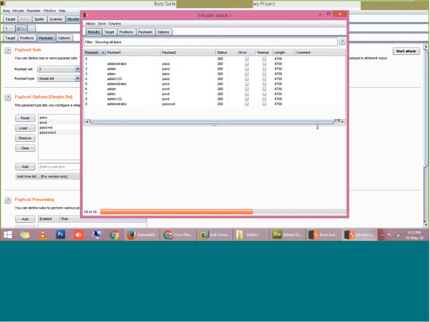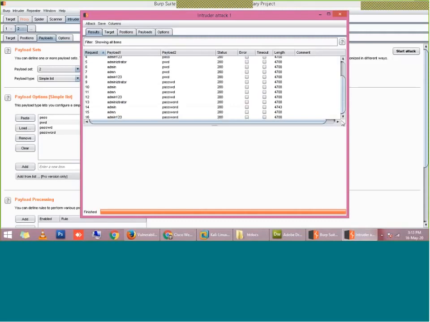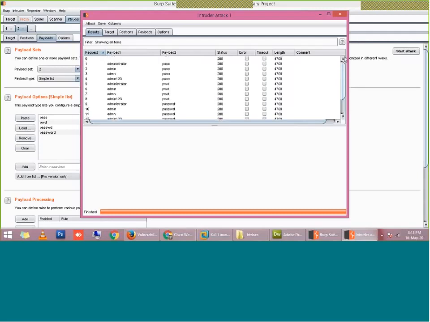Now you can see how fast it is attacking. It is not always possible to manually enter the username and then the password and keep trying again and again. It is doing it very fast, and in a few seconds it has made 16 different combinations, because I entered 4 usernames and 4 passwords. So 16 combinations can be made. In very few seconds it has performed all the combinations. You can see here from 1 to 16 the different ones it has tried.